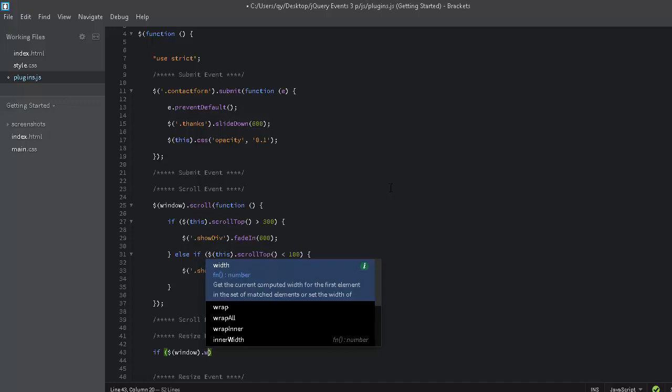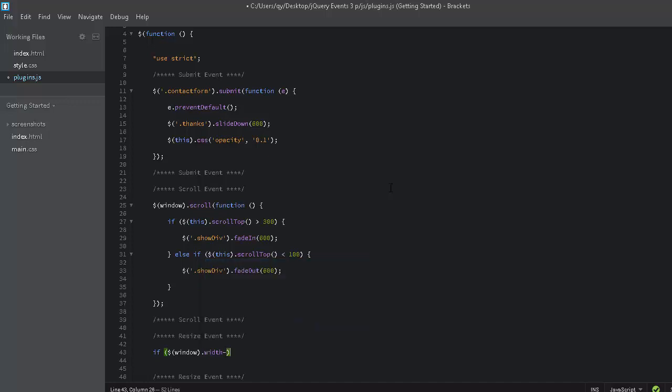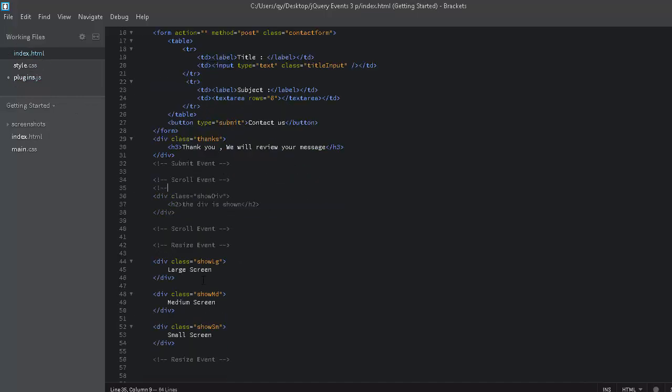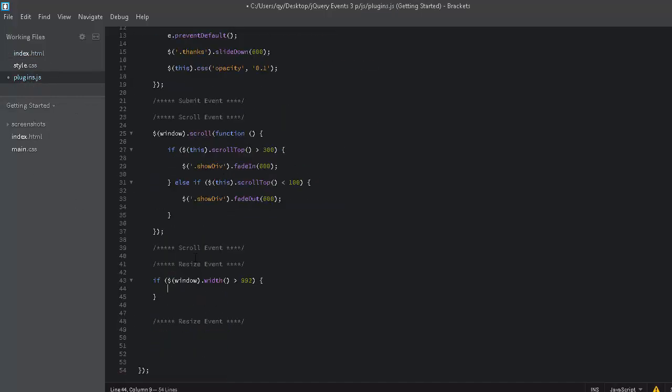When the width of the window is bigger than 992 pixels, I will show the large div. I will use the show effect in 600 milliseconds, else if